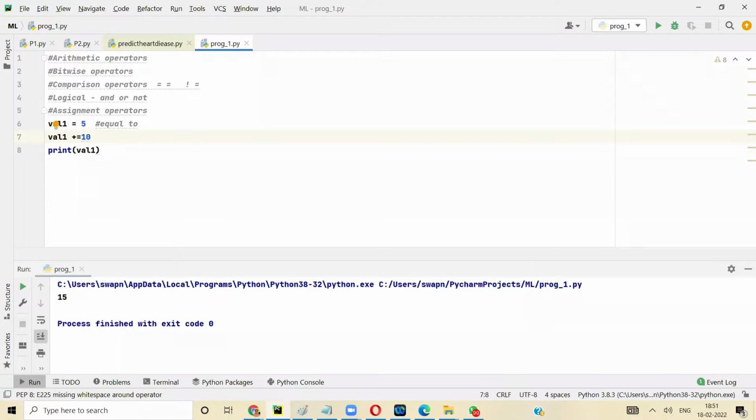If you want to multiply the same variable, I want to multiply val1 with 5. So I will say,